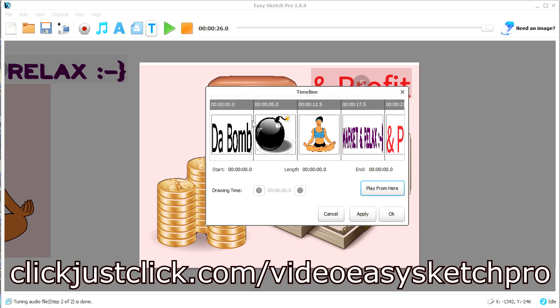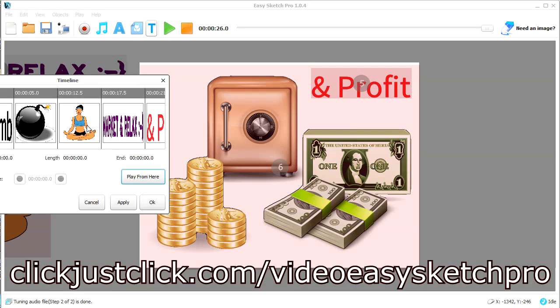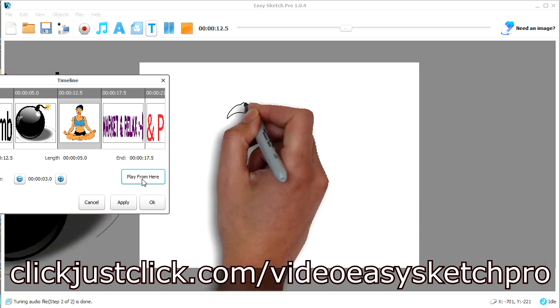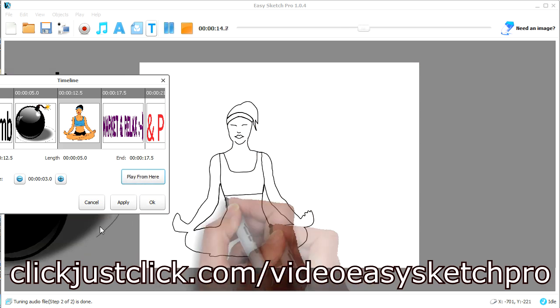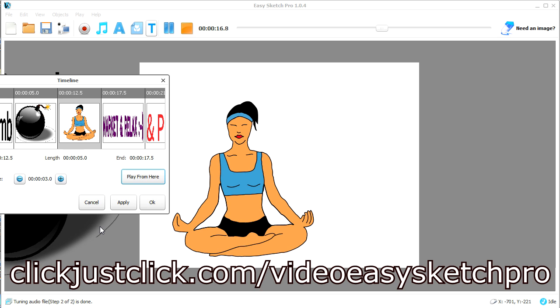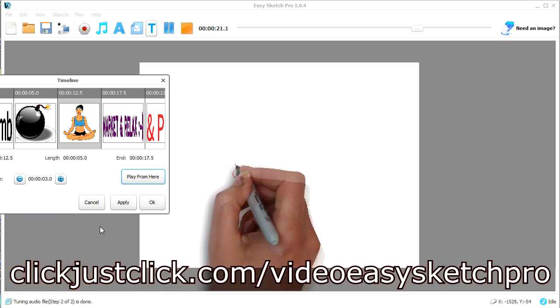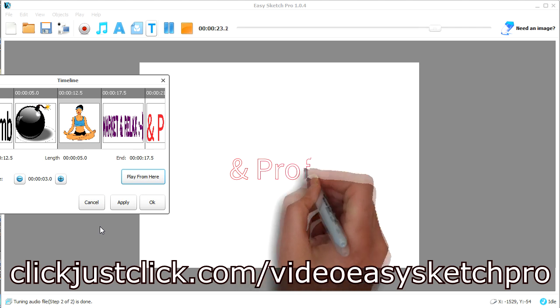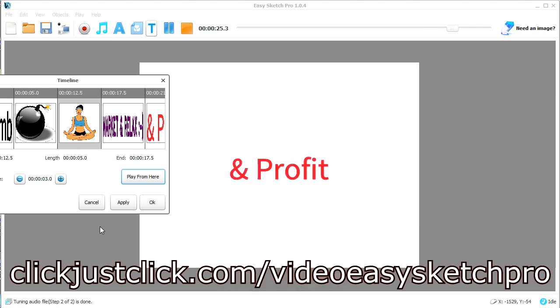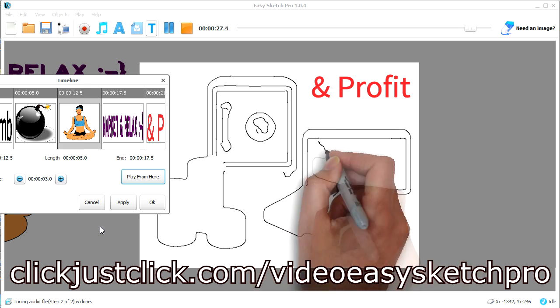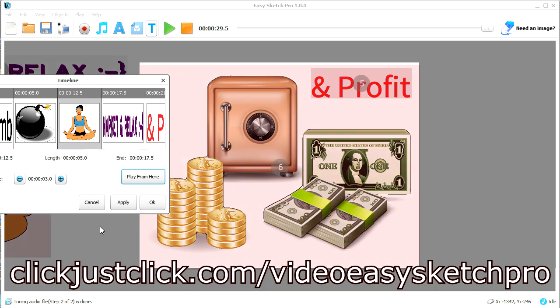So I'm just going to get the timeline up. I'm going to go back to that frame there. Actually I'm going to play it from there, so it's going to draw that, and then it should go to the text and fill that in, and then it does that. Okay, it wasn't quite what I was thinking, but I quite like that. That's quite good. So the only thing that was wrong there is that this bit of text here